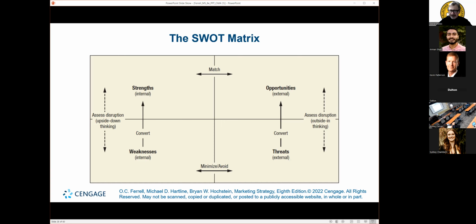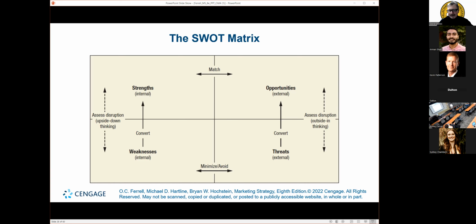If you have weaknesses, you want to try to find a way of converting them to strengths. If you have threats, you want to try to find ways of converting them to become opportunities. In upside down thinking, what it says for us to do is to think across the strengths and weaknesses and try to convert them, change them, and use them as ways of creating ideas to create new chances, new strengths.